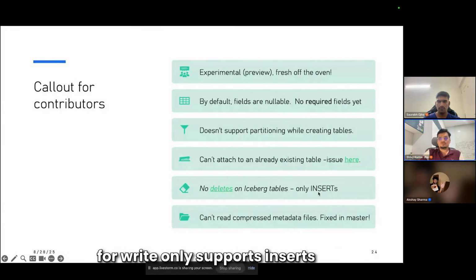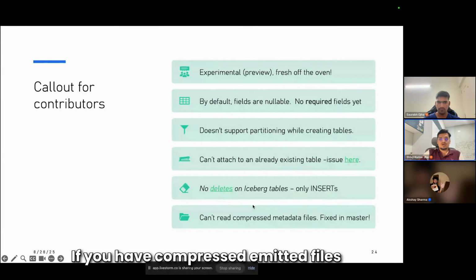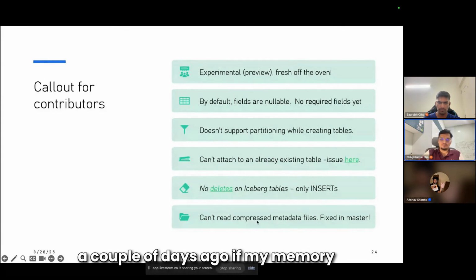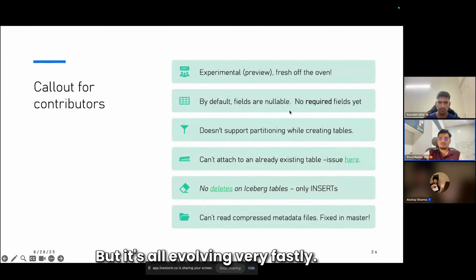This integration right now for write only supports inserts, so deletes are yet to come. If you have compressed metadata files, then until very recently, I think a couple of days ago, if my memory serves me right, you couldn't use those metadata files to understand the data. Now it's merged into master, so that has gone away from the list, but it's all evolving very fast.